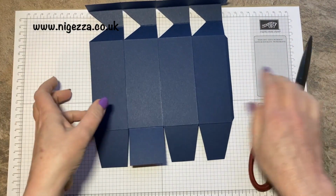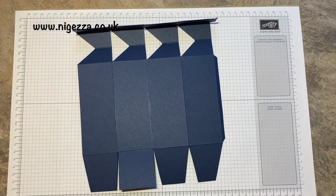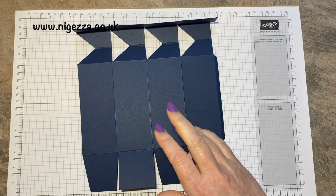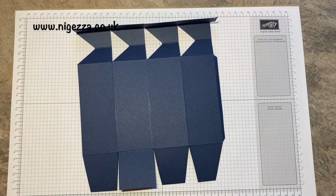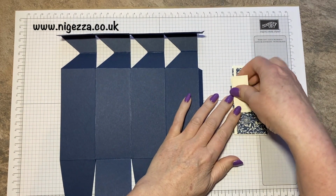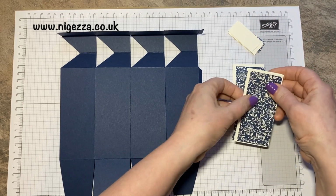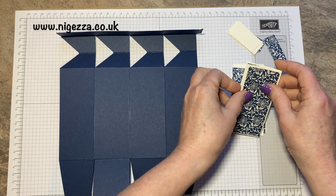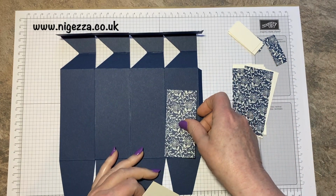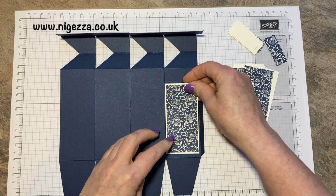So there we go. So what we're going to do is we're going to stick the mats on now whilst it's flat, because it is so much easier to do. I'm double matting. You could single mat, but I want to double mat. I just think it gives it a bit more of a pop. But you could just put the DSP straight on, but I like to mat. So they're going